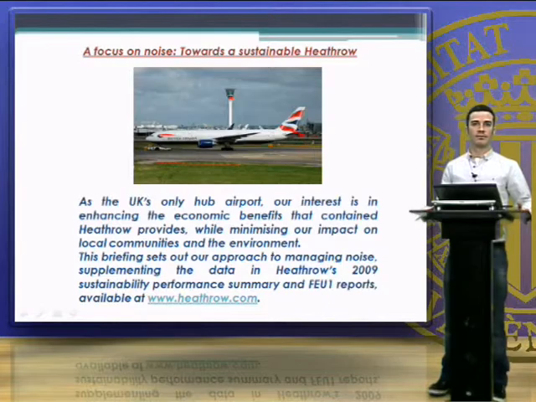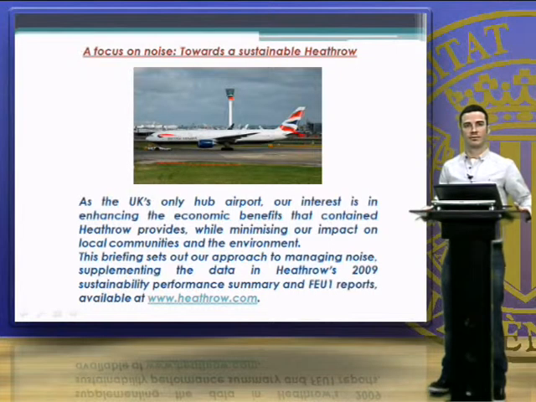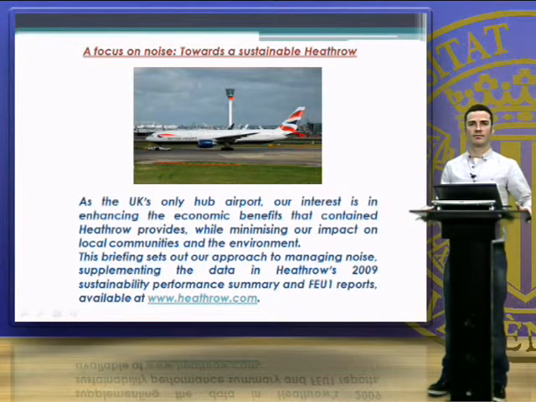As the UK's only hub airport, our interest is in enhancing the economic benefits that Heathrow provides, while minimising our impact on local communities and the environment. This briefing sets out our approach to managing noise, supplementing the data in Heathrow's 2009 Sustainability Performance Summary and FEU1 reports, available at